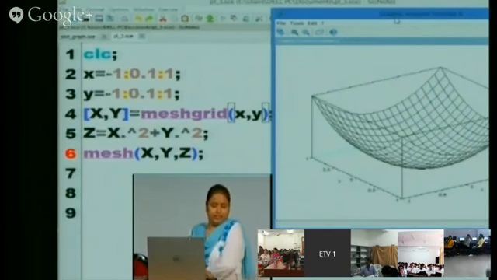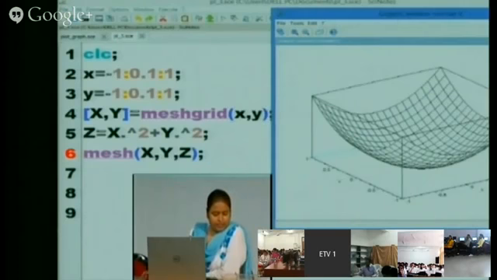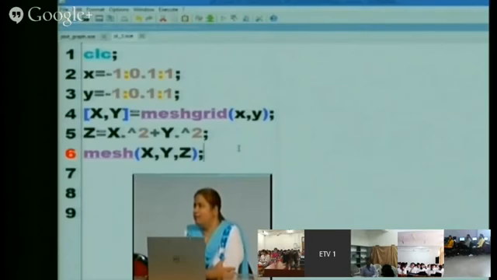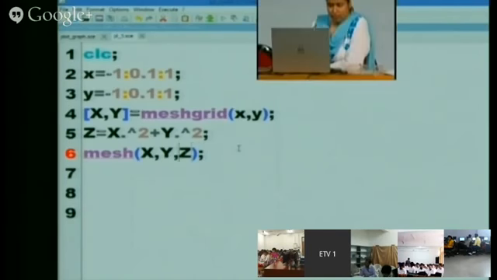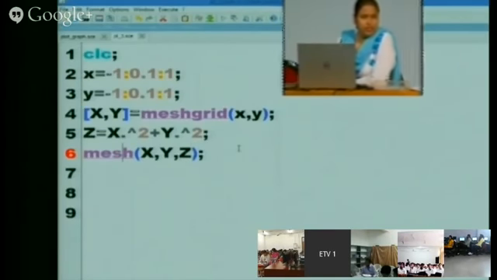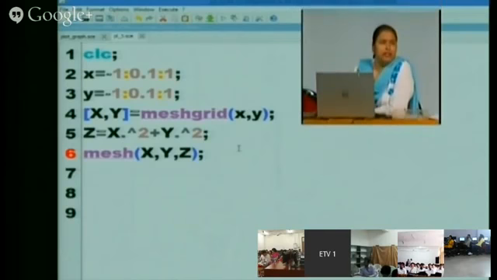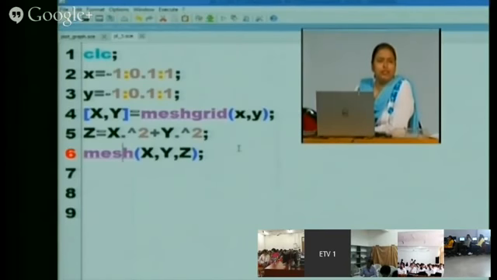Next there is also a command surf, SURF. And also we can color this. The grid which you were seeing was in black and white. You can also color your plots, as I'm going to show.